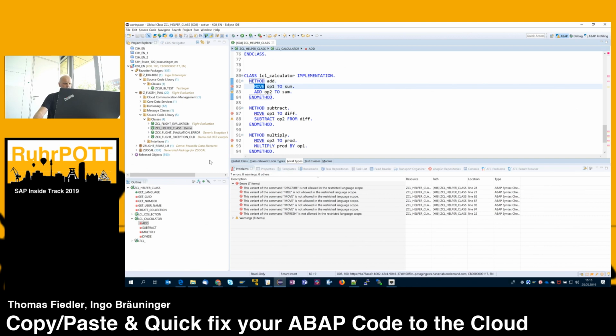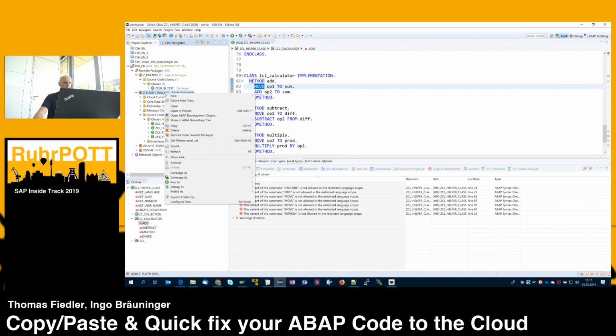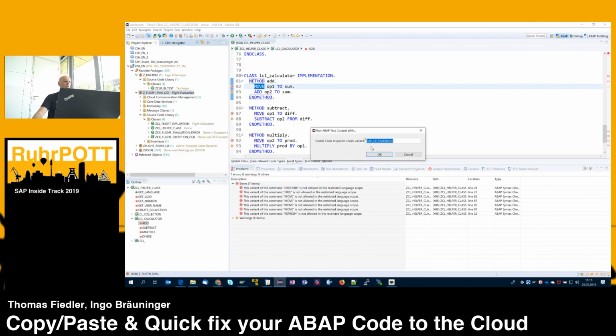Good. That's this step. And now, to get the help again of the ABAP in Eclipse tooling to resolve some of the issues here, we run an ATC check, the same that we do for the S/4HANA conversion, but with a different variant, not the S/4 variant. We are just using here the sub-CP readiness check variant. It will take some seconds, and all the source code inside my package is checked.